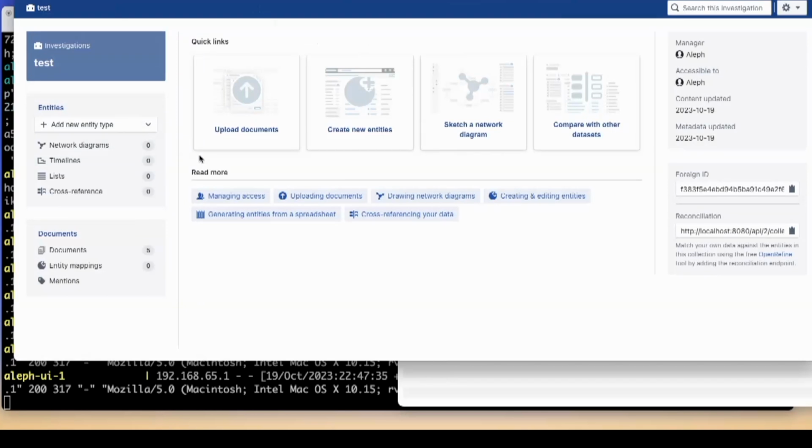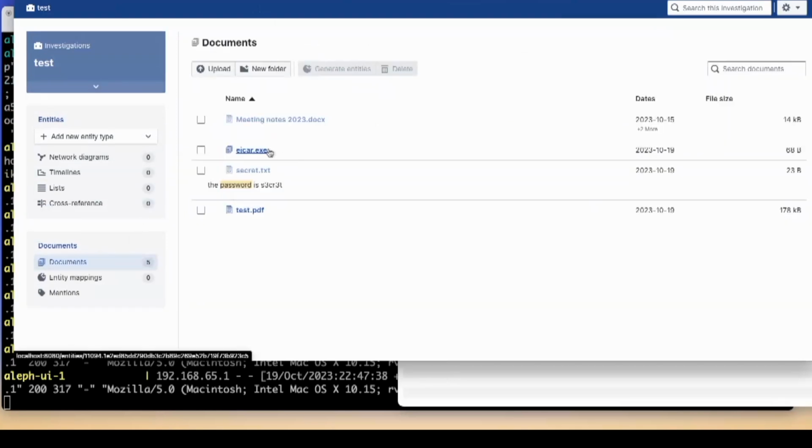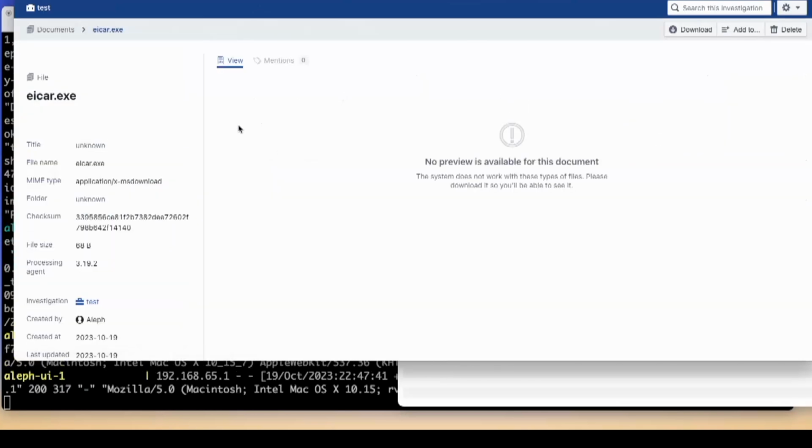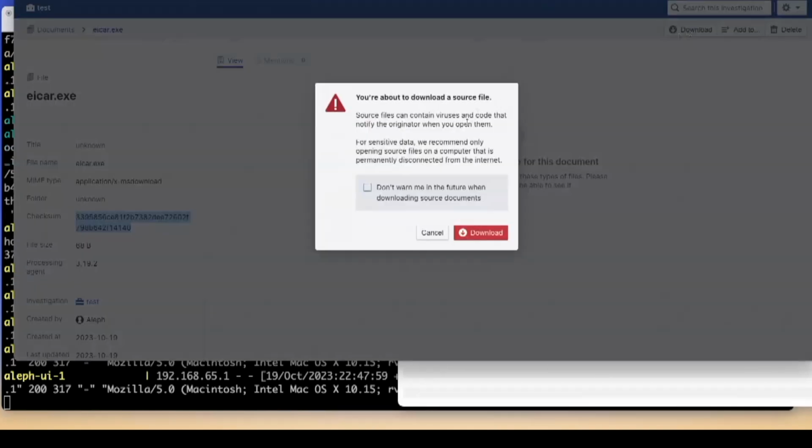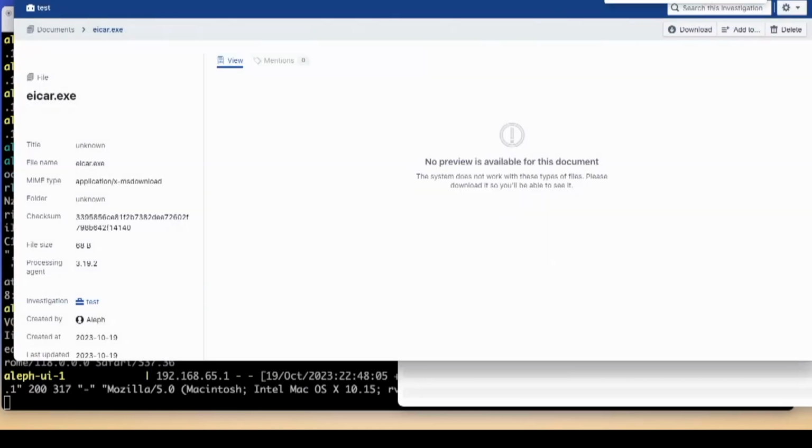So this is this data set. You can actually browse the original documents. For example, EICAR, which is literally just an AV test payload. It won't let you see anything about it, but you can get a checksum for it. Obviously this is a safe way to at least view some metadata. I'm not going to say there's no code execution, because who could ever say that, but you can download the original file and it will warn you that you're about to download a file. I can just download this, and now I have this EICAR file.